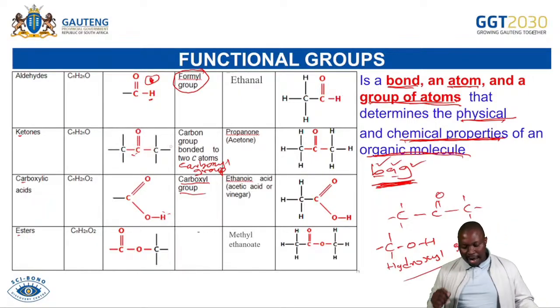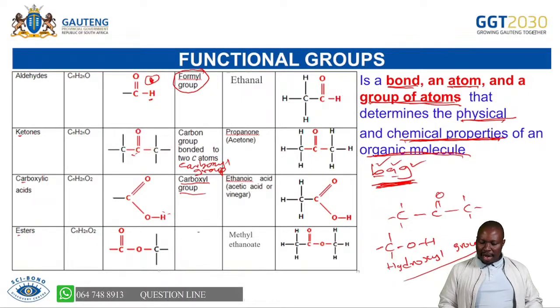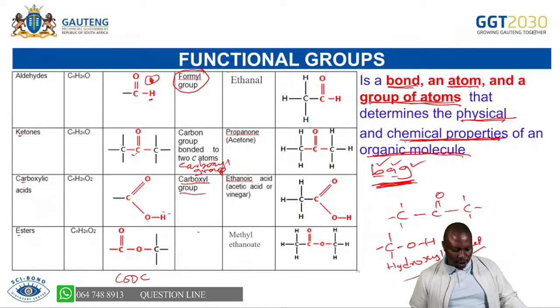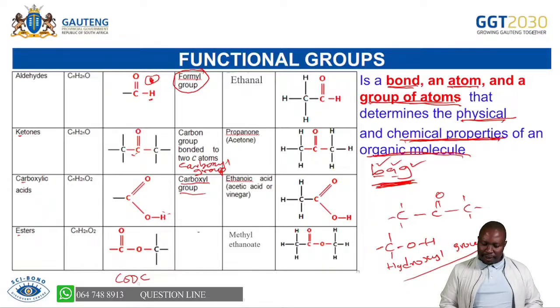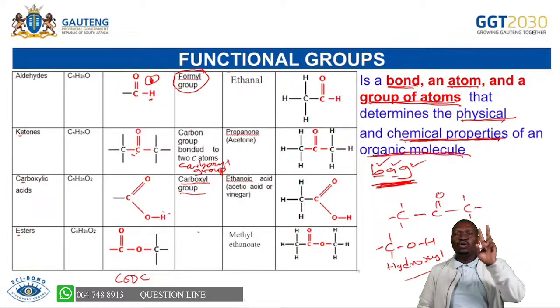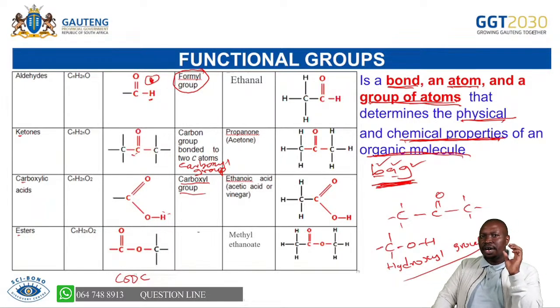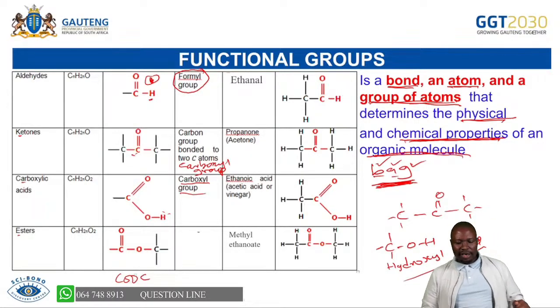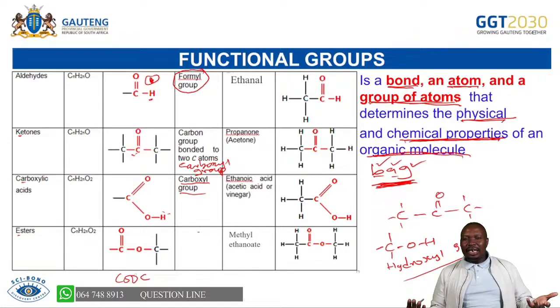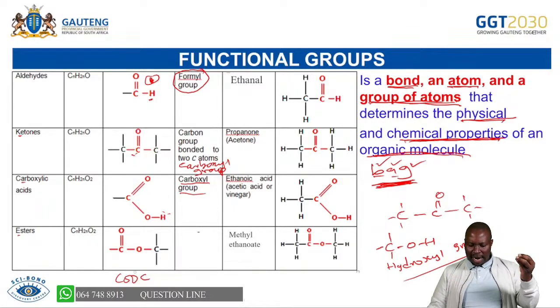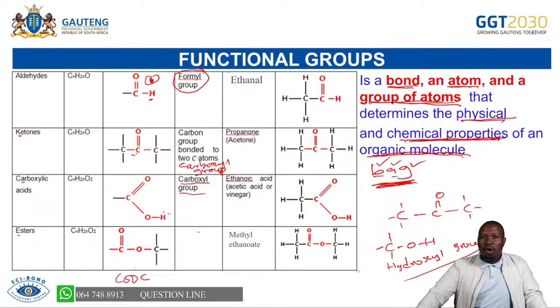With ketones it is a C double bond O surrounded by 2 carbons. But now for this one, you will have a C double bond O, and then you will have an oxygen and another carbon there. So it's like you are having COOC, something of that magnitude. Then you know that must be an ester. So we only do 2 homologous series that have 2 oxygens. It's esters and carboxylic acids. So when you see a homologous series with 2 oxygens, you know it's either an ester or a carboxylic acid.